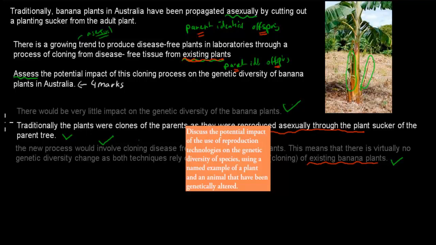And where does that question come from? It comes from this dot point. Discuss the potential impact of the use of reproductive technologies on the genetic diversity of species, using a named example of a plant and animal that have been genetically altered. So it's the first part, discuss the potential impact. In this case, you should realize that they're both asexual reproduction, which means they're both cloning. So there would be not much of an impact if we use that